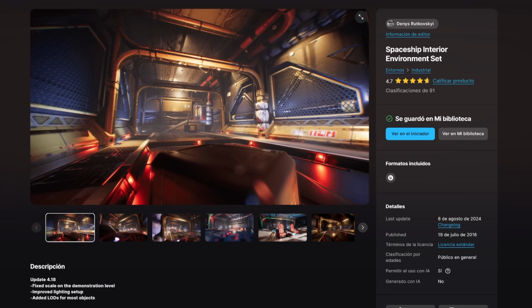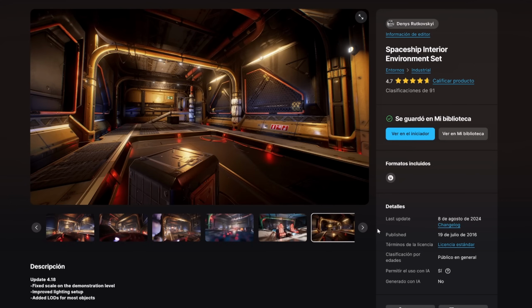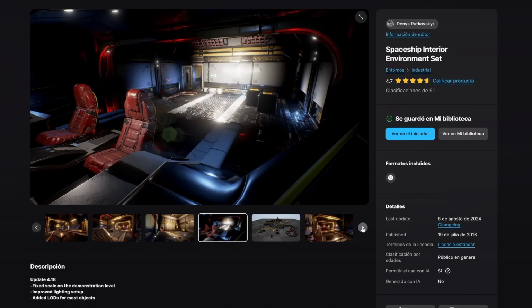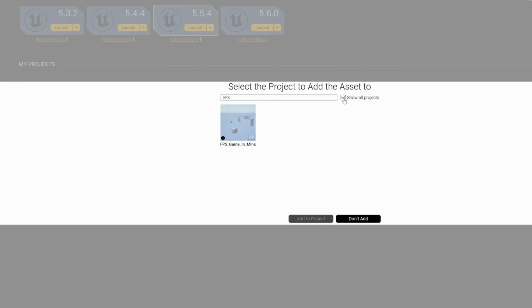And for the environment, we'll be using this spaceship interior environment set. Again, it is completely free on Fab. I will link everything in the description, and this will be our map. It is pretty cool, it is really high quality, and it's easy to add into our project. So just go ahead and add this into your Epic Games Launcher. Then on the Epic Games Launcher, just restart it or click this icon to refresh it, and then add this into our project. You might need to click on show all projects because our actual project is in a different